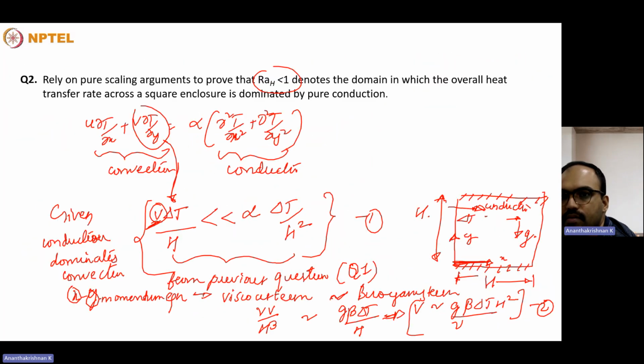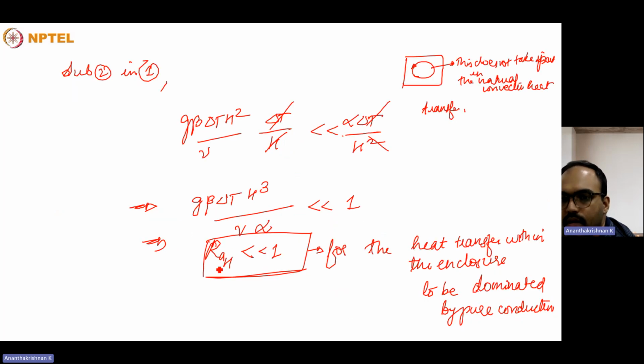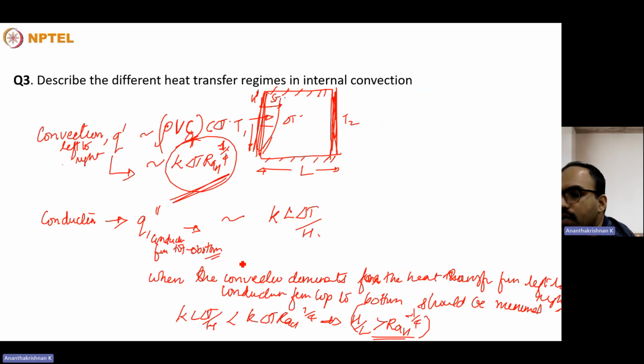In the previous question, what we have seen is that Rayleigh number with respect to x should be less than 1, in which case the overall heat transfer rate across a square channel is dominated by pure conduction. So conduction dominates from the left to right. That's what we have seen, and we have shown that the Rayleigh number will be greater than 1. But when we try to extrapolate the same analysis to the internal natural convection regimes, to discuss the cases of different regimes of internal natural convection,